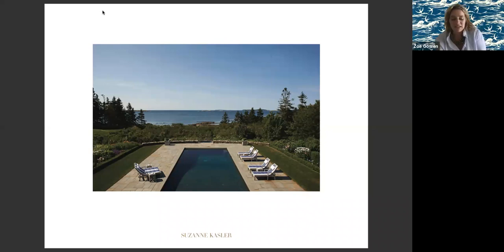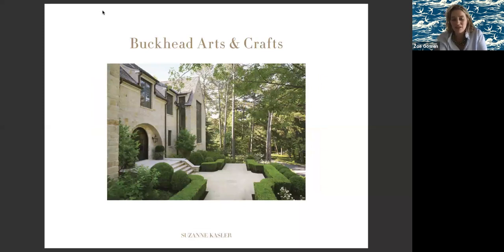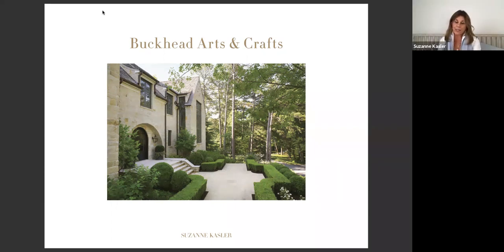Well, that is great. So moving along to another project where you could tell that there was such collaboration from the very beginning of designer, architect, and landscape architect, I think is so evident throughout Buckhead Arts and Crafts. Yes, this house again, it's interesting. This is the William Baker house, and Land Plus was also involved. But this house, which you really can't tell exactly, is up on a really high hill. So I'm showing the house from the exterior so you can have a reference, because I do think it was one of the most amazing